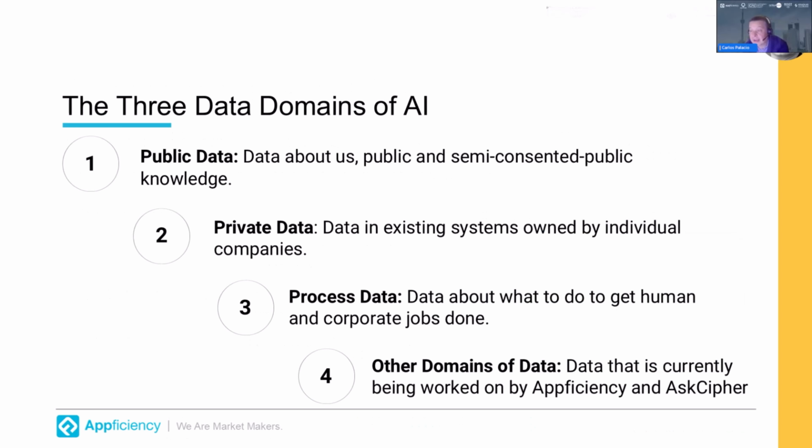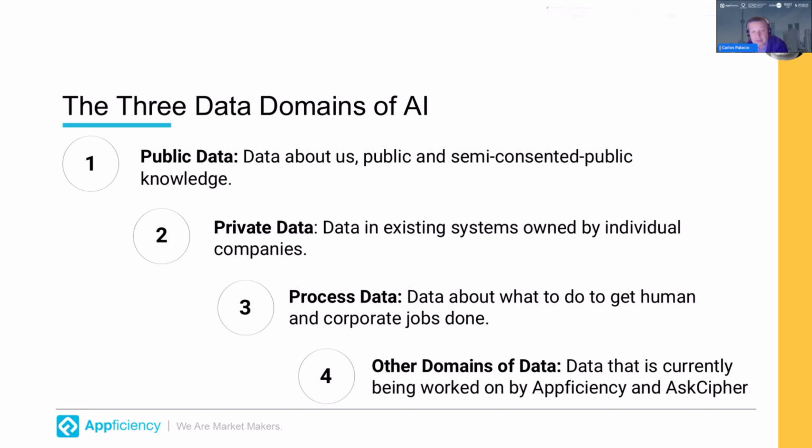Yes, thank you, Rebecca. And connected to the frictions, we have the domain of the data. AI operates across 4 data domains because AI is only as good as the data that it can access. And this continues to be true all the way. Hopefully, we are familiar with the first two that are well known. That is the public data, information about us that is publicly available or semi-consent available. And most of the AI models have access to and have been trained from that particular data.